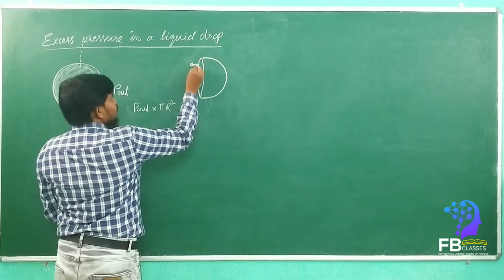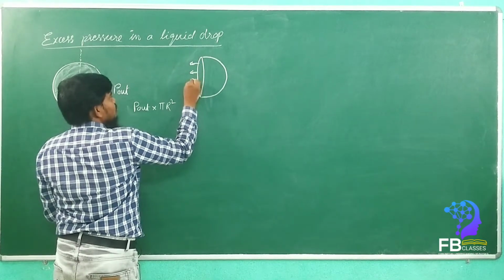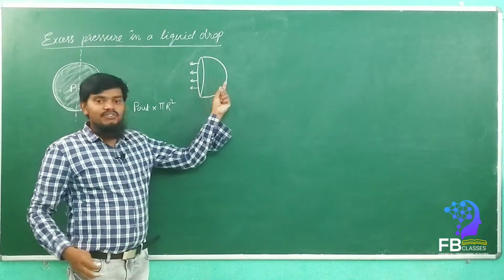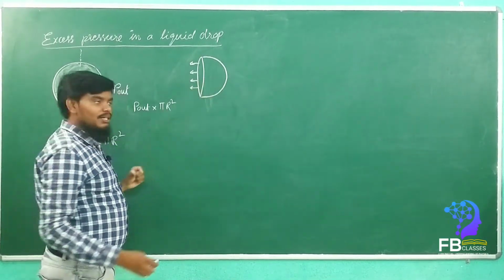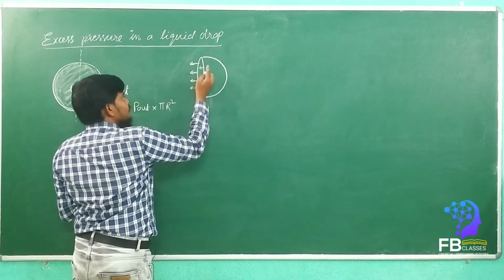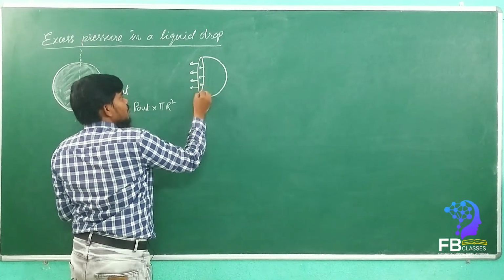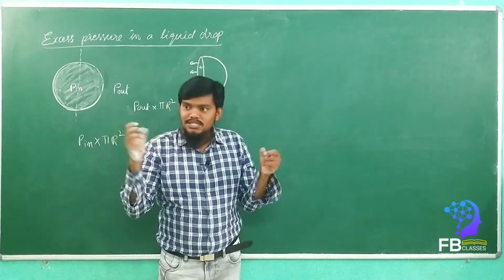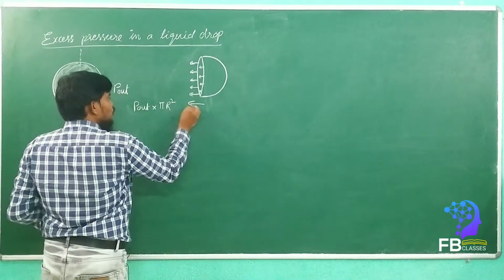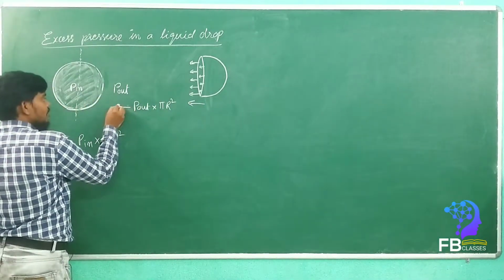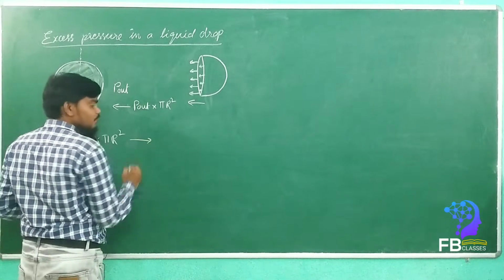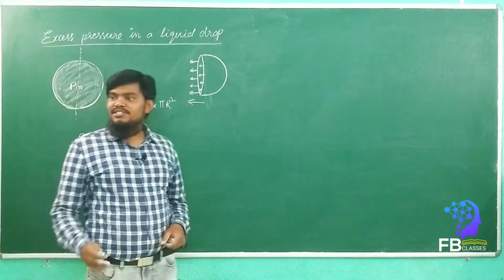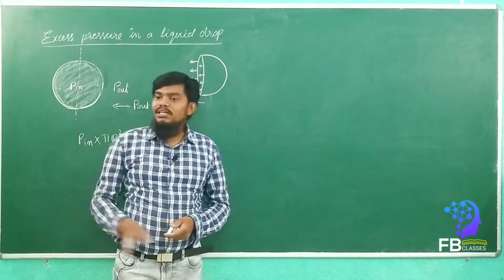See here, the force will act along the surface and perpendicular to the line. Yes or no? See like this. On the boundaries, a surface force also acts. So this force acts towards the left, this force also acts towards the left, and this force acts towards the right. Are you getting my point? So this total pressure difference is the excess pressure in a liquid.